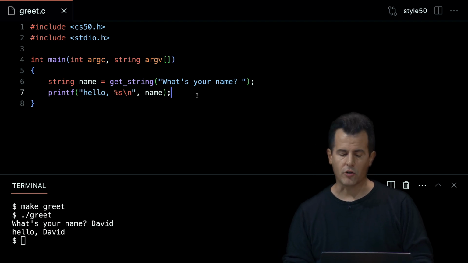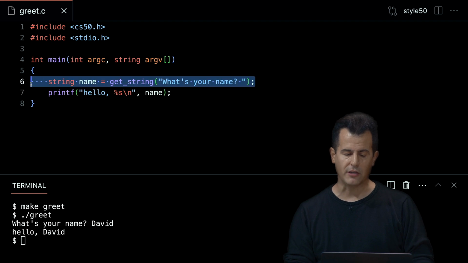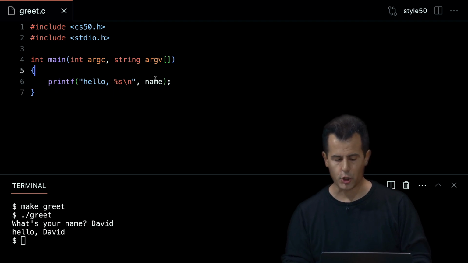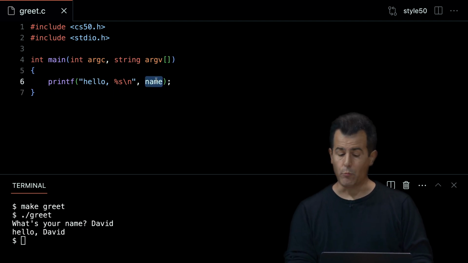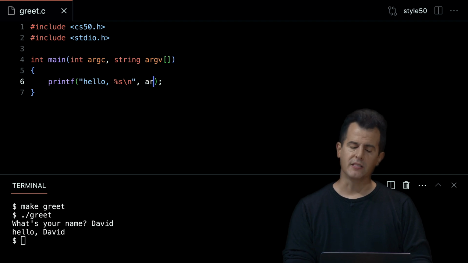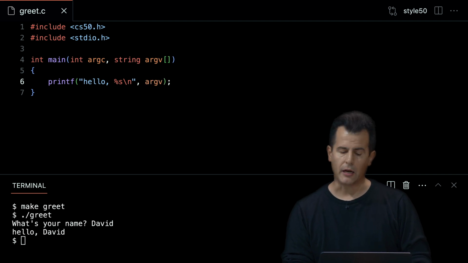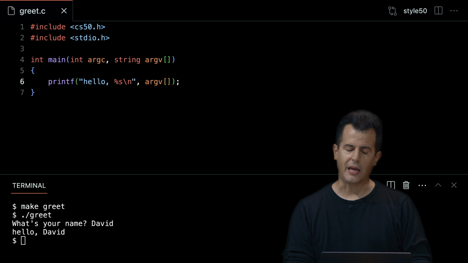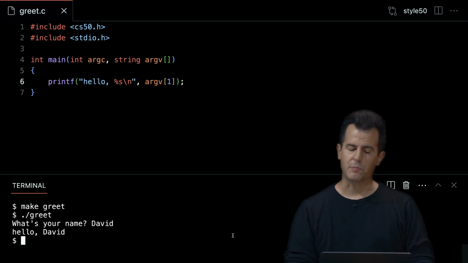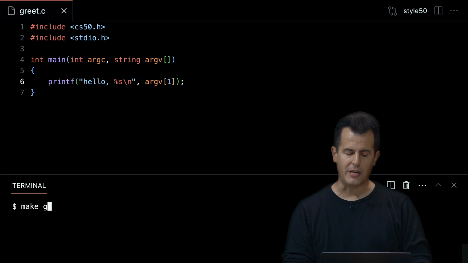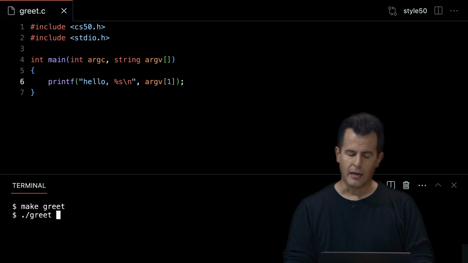Now, I'm going to somewhat dangerously do this. I'm going to get rid of my use of get_string altogether. And I'm going to change this line to be not name, which no longer exists, but I'm going to go into this array called argv, and I'm going to go into location 1. So I'm doing this kind of on faith. I haven't explained what I'm doing yet, but I'm going to do make greet now, ./greet, and now I'm going